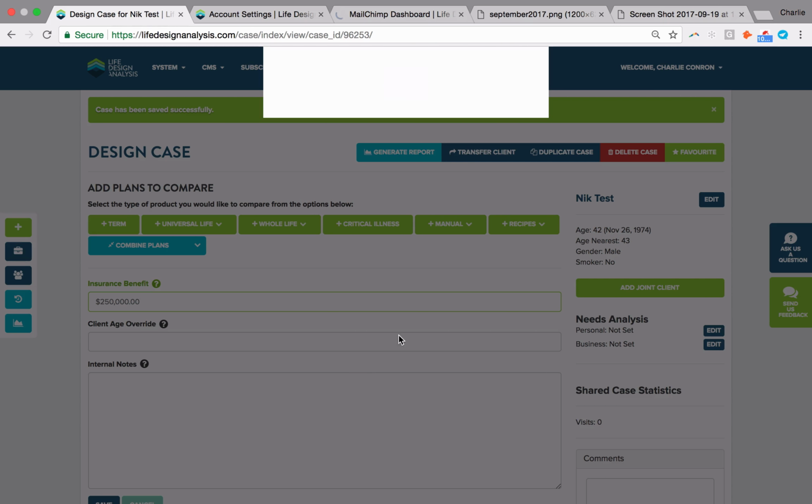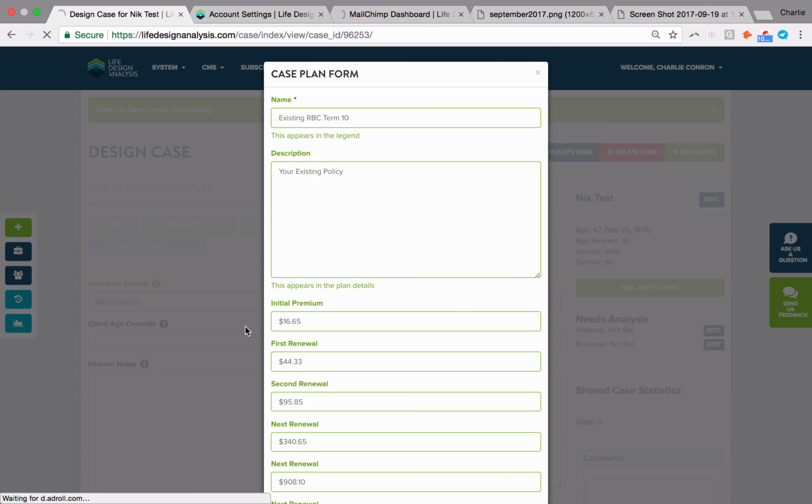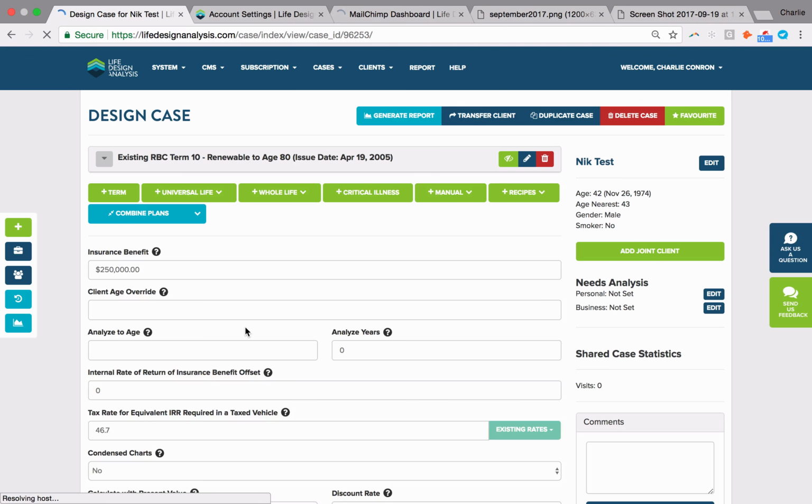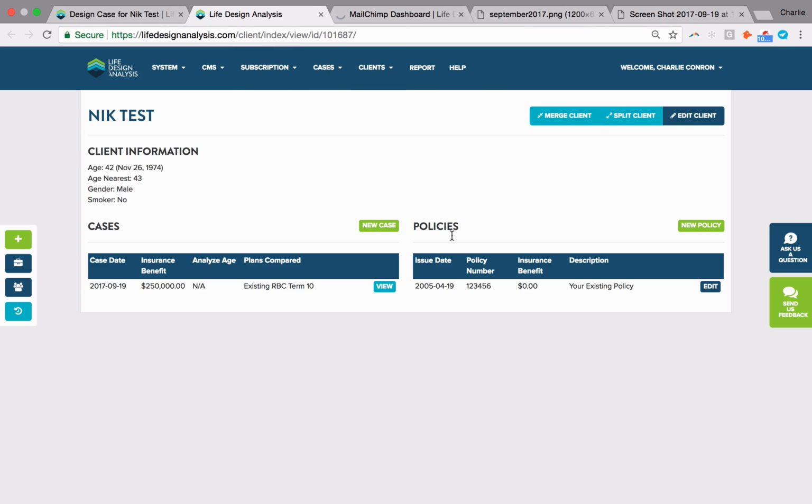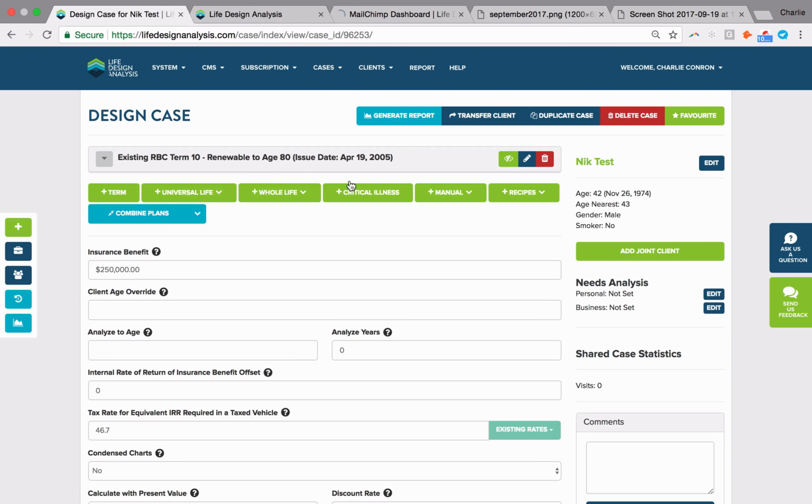Now, as I said, because I've hit Save as a policy, if ever I need to go back in and see this client's policies, or maybe review this to another scenario, I'll just show you. If I go to the client file here really quickly, close out my account settings, you're going to see any policies that I've done are over here. Any cases that I've done are over here. And I can really quickly import that again if I need to create a new case off this existing policy.